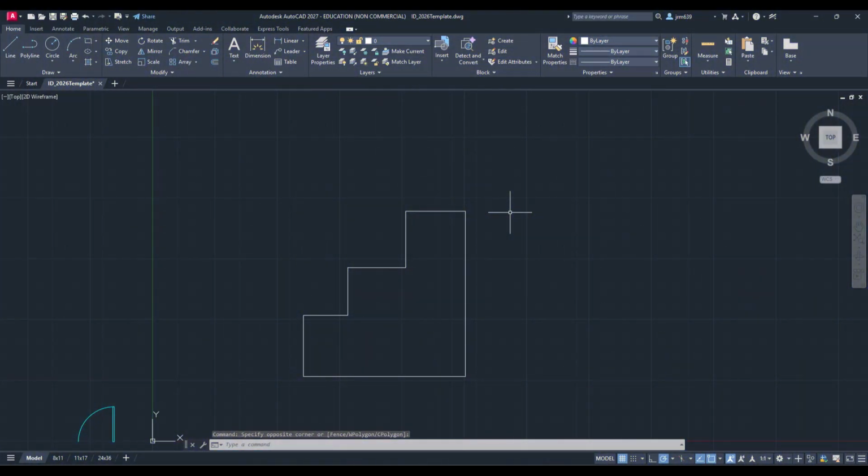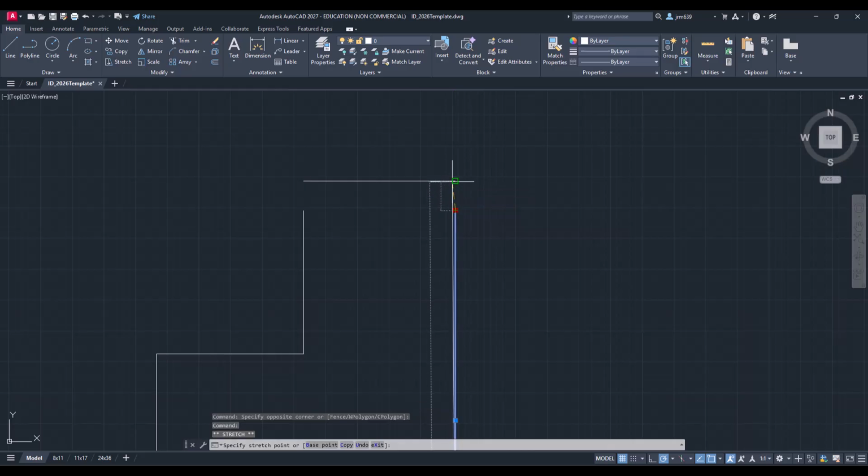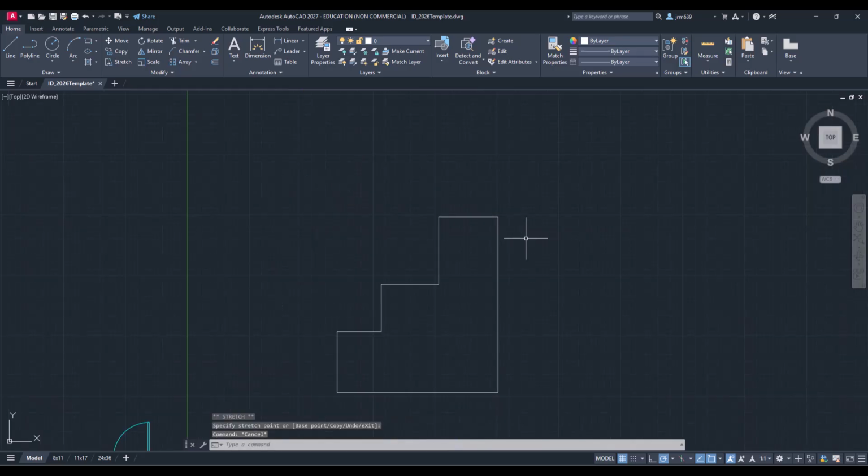For the stretch command, let's draw a similar shape to what you see here on the screen. It does not have to be perfect, just make it similar. You're going to encounter times when you're drawing in AutoCAD and you need to move some lines up or down, left or right, but you need the entire shape to still stay connected. For instance, if I need this top horizontal line to be 1 foot higher than it currently is, I could grab the line, use the move command, click my base point, move it up, type 1 foot, and then grab these lines and move those up,